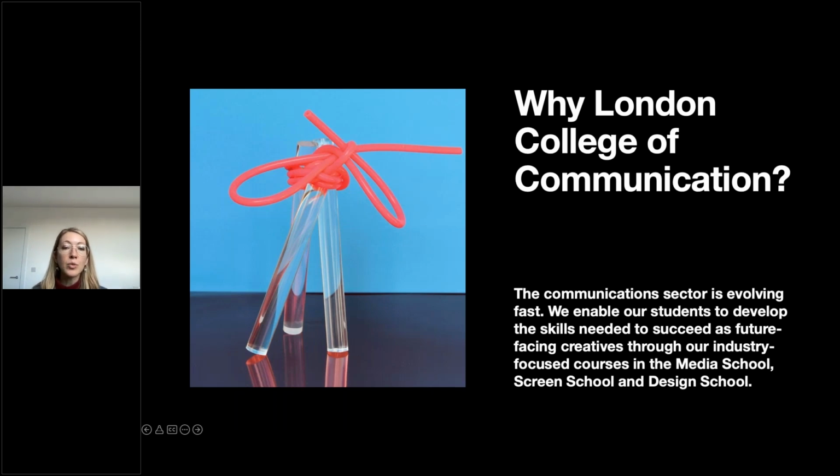So what we're doing, we're actually enabling our students to develop those important skills that they need in order to be successful in our societies, in particular in the near future, but also in the present. The creative industries are veering towards a digital media centered approach. Also, we see that communication is now becoming really important in different areas of life, different sectors, different industries are engaging more with aspects around media and communication.